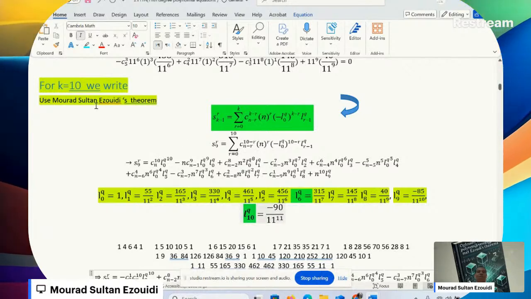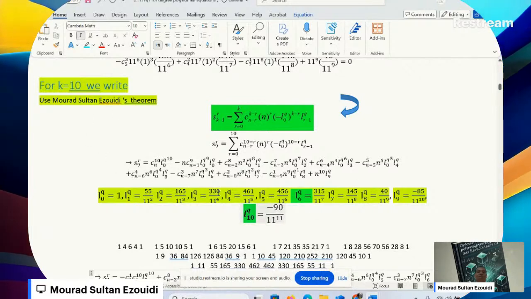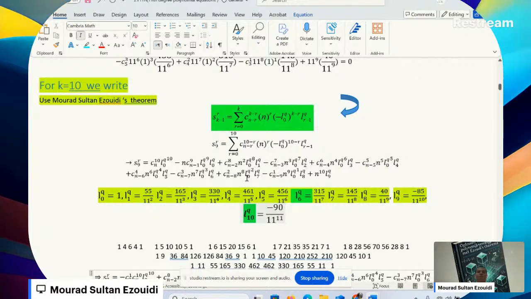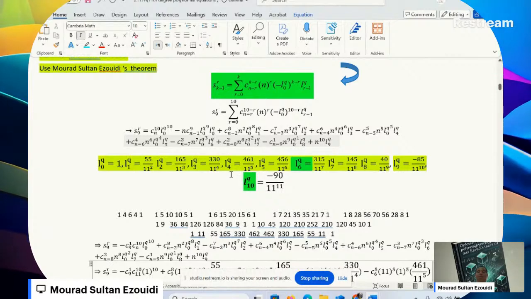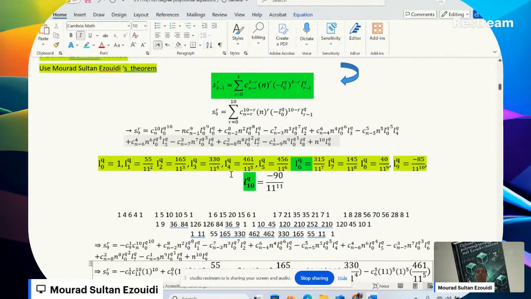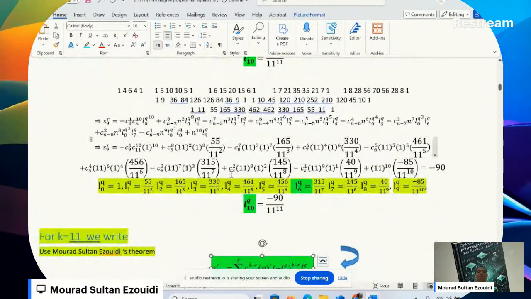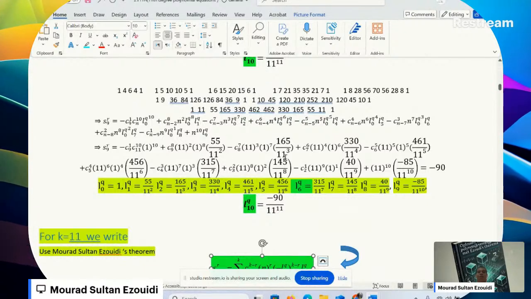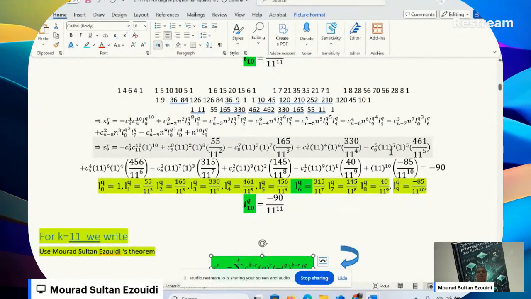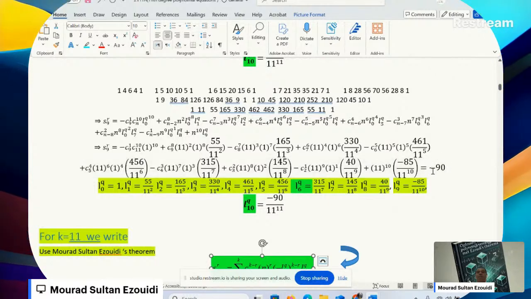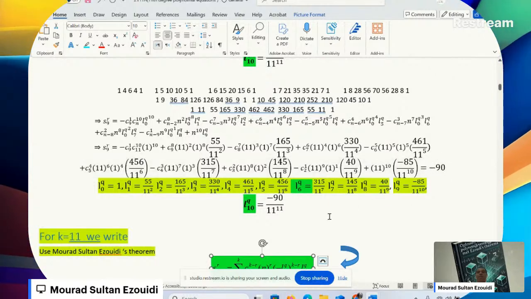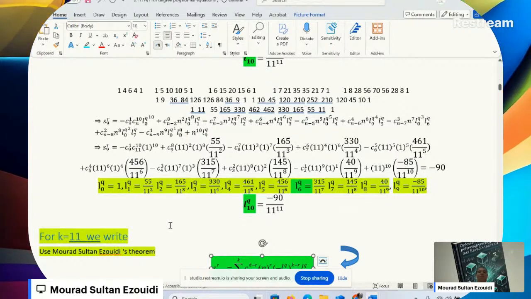So this is S9. This is the general formula to get the 10th coefficient. Now, my learners, this formula has been generalized for any nth degree equation. Of course, here we calculate this, and this is S9. We found that it is negative 90. Okay, negative 90. So what's remaining?